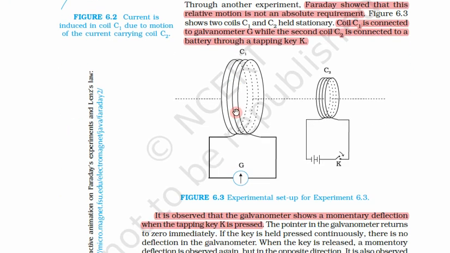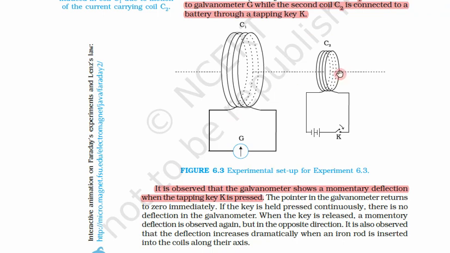In the third part, what we saw? We saw that instead of this, we put a key here. So we are not moving any of these coils. What we have done? We have put a key here. So one important thing is that there must be some kind of change in the magnetic field. If there is no change in magnetic field, there will be no current. Suppose this key is continuously pressed, so the magnetic field will remain at B. It will not be changing.